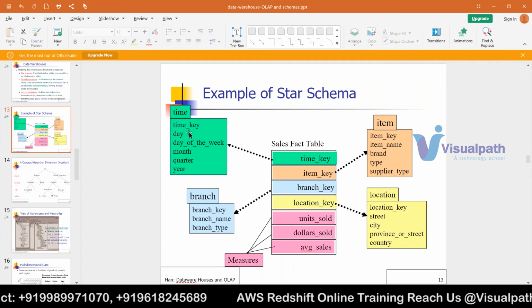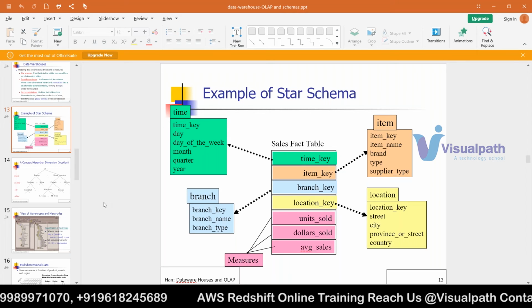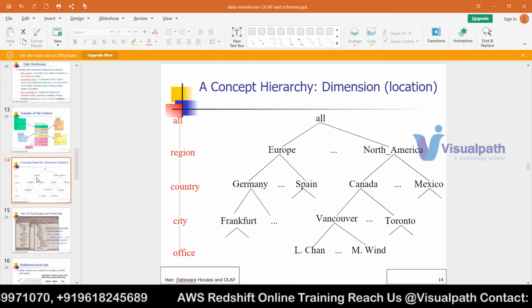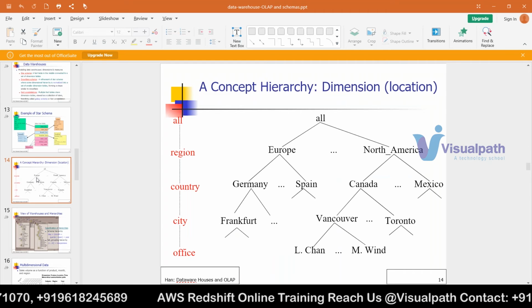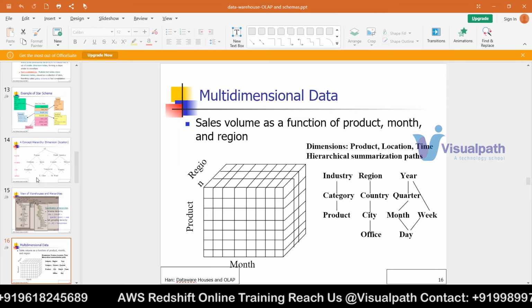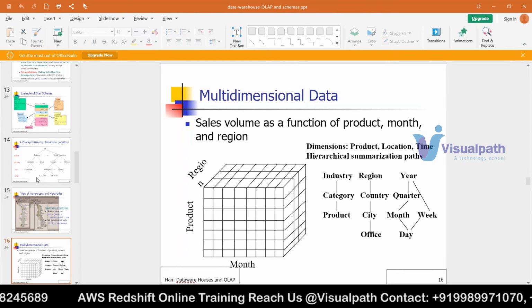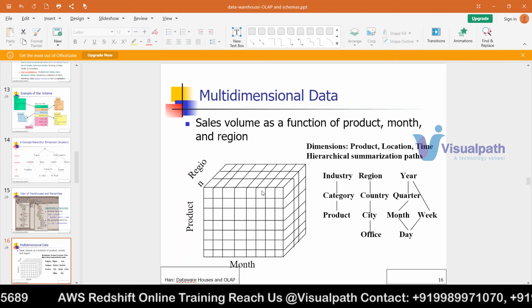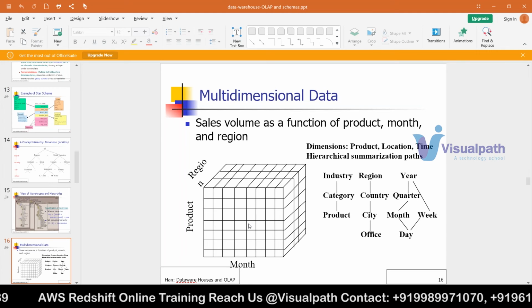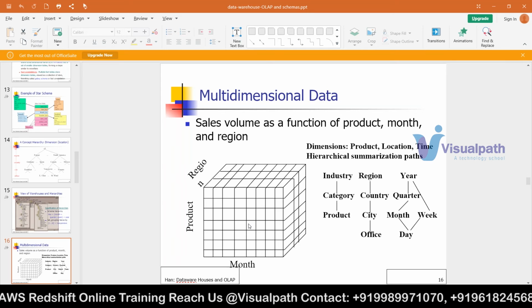So at that time, generally companies want to see the data in the least possible direction. For cube reporting, you must have heard of cubes. This is called some type of cube, like the cube shape, right? It means they want to represent their data in multiple dimensions with respect to region, product, month.